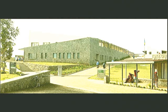And they went about it, and now we have this really, I think, symbolic and absolutely stunning entrance to this important first piece of physical infrastructure in this rural community. For us, that really taught me something, and it really taught me that the role of the architect is about